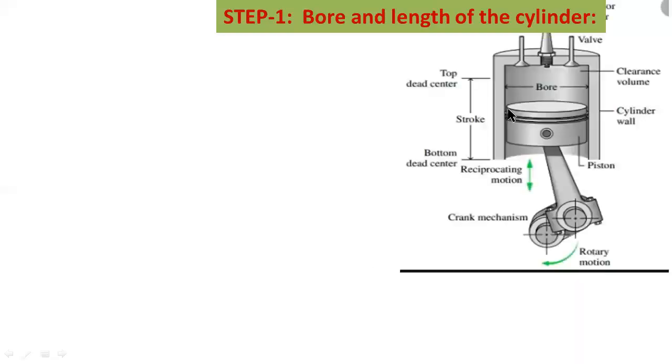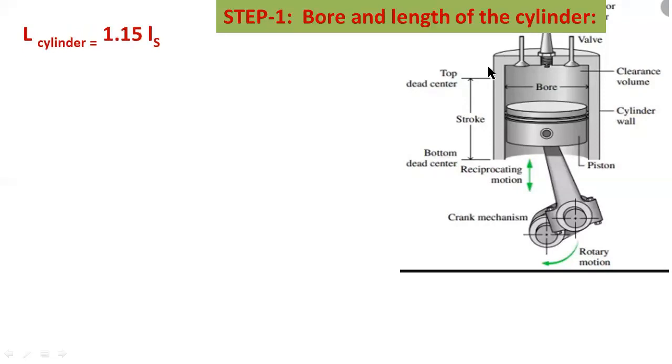Here you can observe, this is the stroke length, and this is the thickness of the wall. The inside diameter of the cylinder is called bore. Bore means the inner diameter of the cylinder or outer diameter of the piston. And the length required